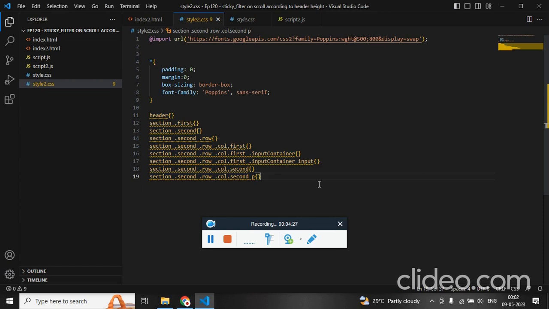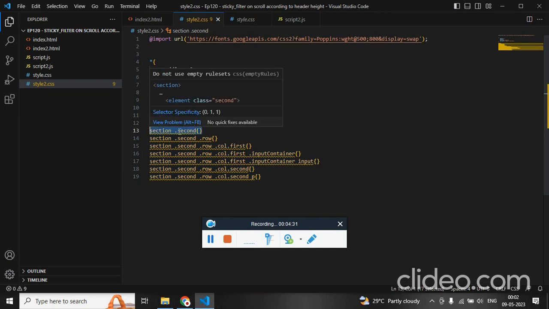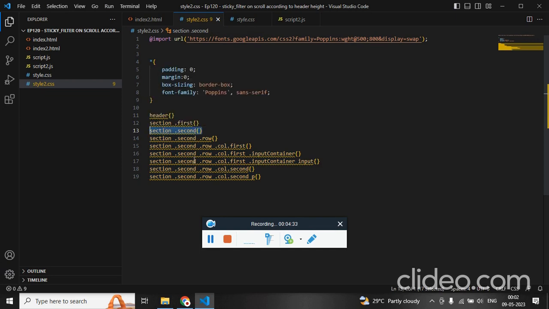So just to give you a hint, it's a concept like if there are 2 classes, then it is 1 plus 1, 2. If there are 4 classes, 1 2 3 4 5, so that means we have 5 and we have 2. So CSS will compare 5 and 2. So 5 is bigger, so the CSS rule for 5 will be applied. In this case these two are different,